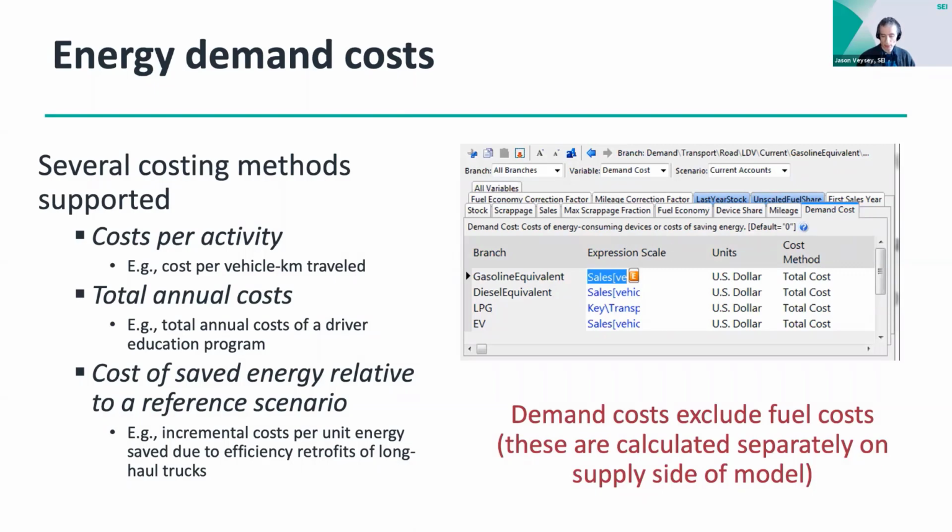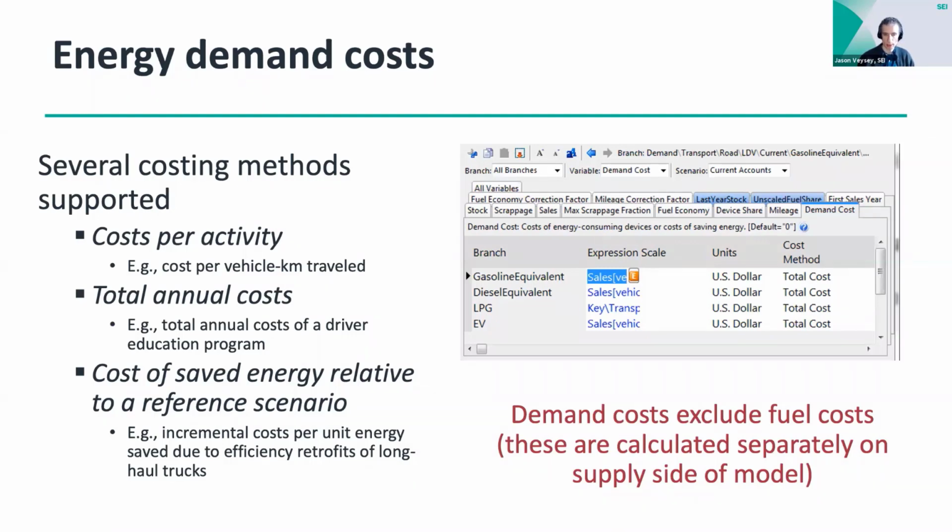But it's often the case that there's not time and there may not be data to define all of the costs in a model. And in that case, what can be really useful is to focus on, if you're doing a scenario analysis where you're comparing scenarios, for example, a mitigation analysis where you have a baseline scenario and an emissions mitigation scenario, it can be really useful to just focus on making sure that you specify the cost differences